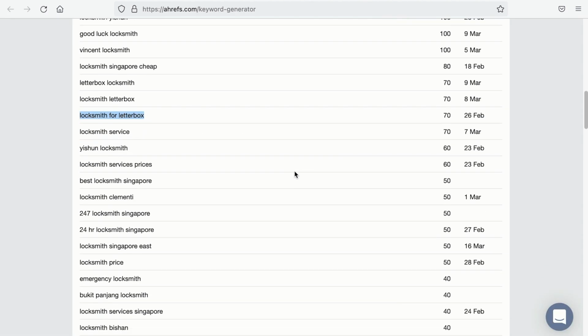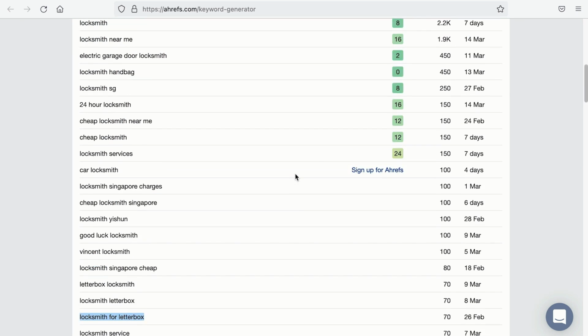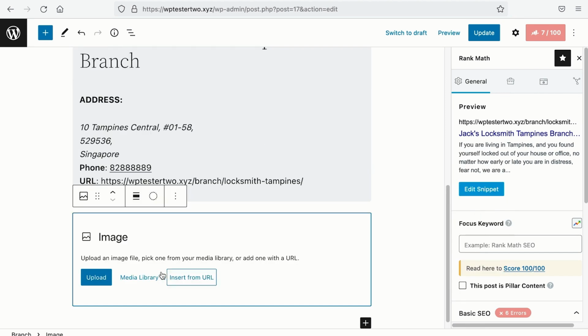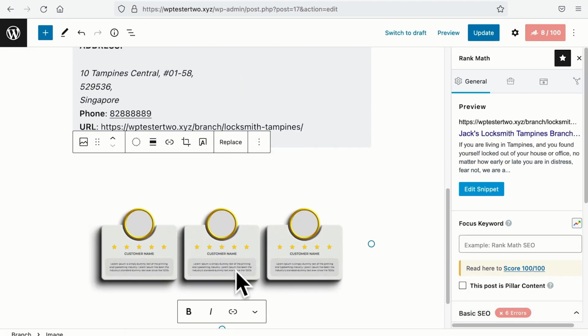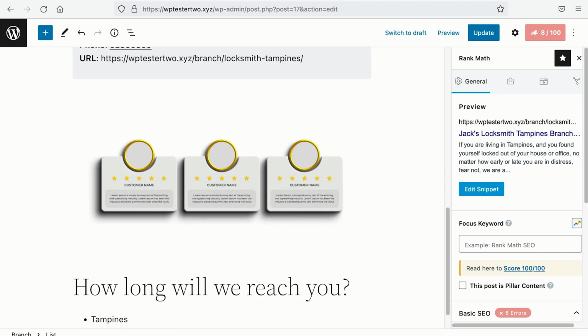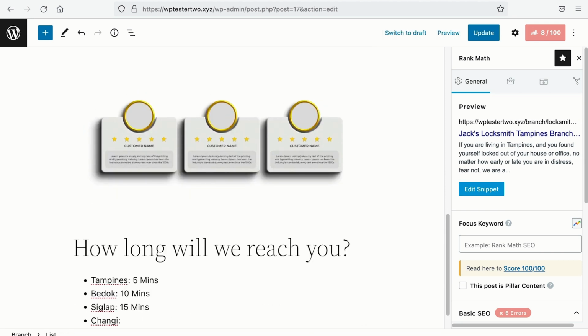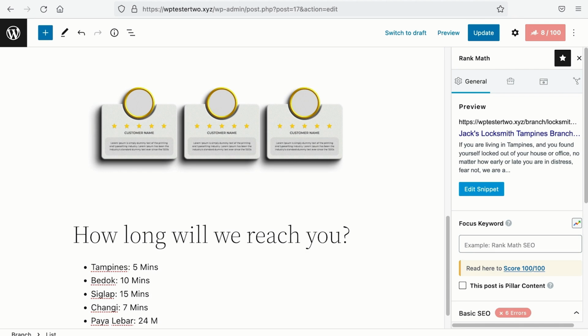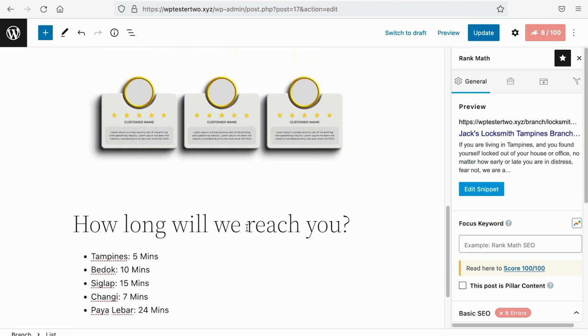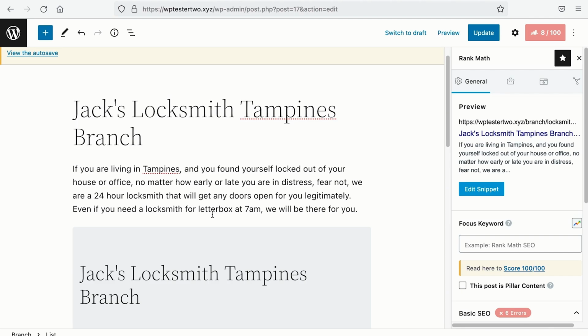If you find more relevant keywords that are related to the locksmith service, do not keyword stuff, but think about how you can naturally add those keywords into the article or the location page or service page. Maybe you can add real customer testimonials or reviews that include certain keywords. The key is to have a page that provides value to your customers. Value could include how long it takes for you to reach their location, the best contact person in that location. As long as you can add content that will help solve your customer's problem, you will rank for those keywords